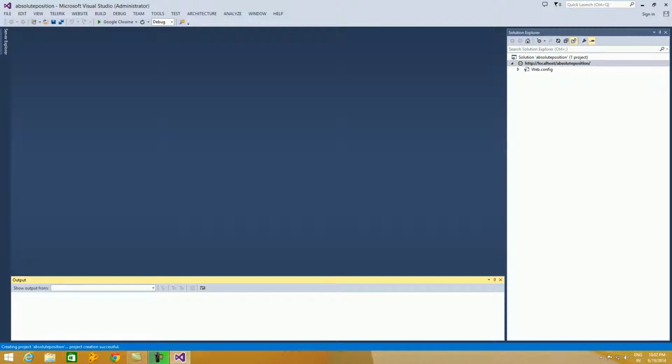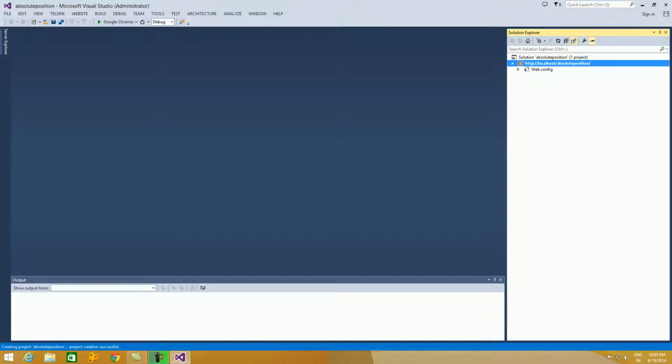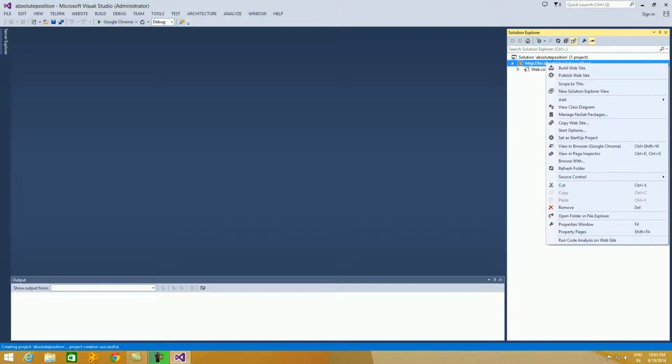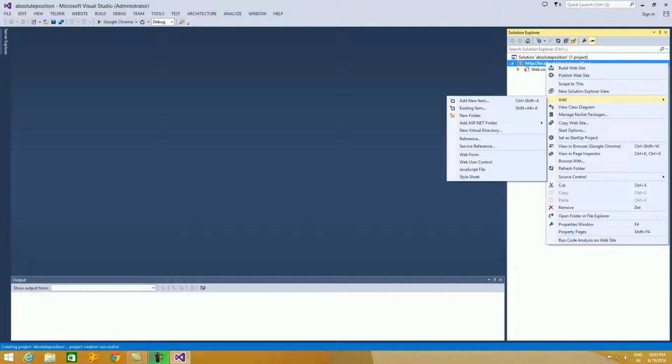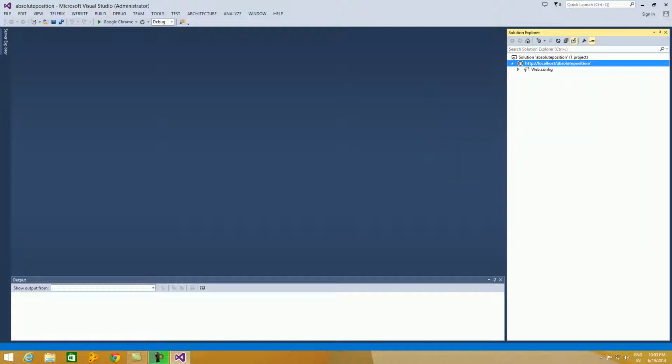Let us add a web page to the project. Right click on the project in Solution Explorer, select Add New Item. So this is a submenu. From the submenu select Add New Item.